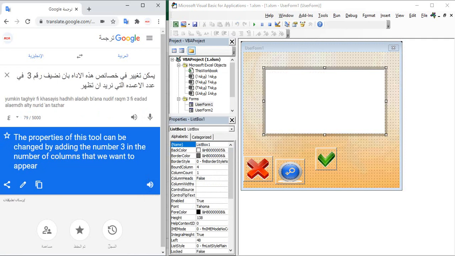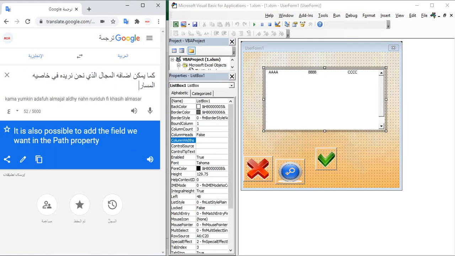The properties of this tool can be changed by adding the number 3 in the number of columns that we want to appear.